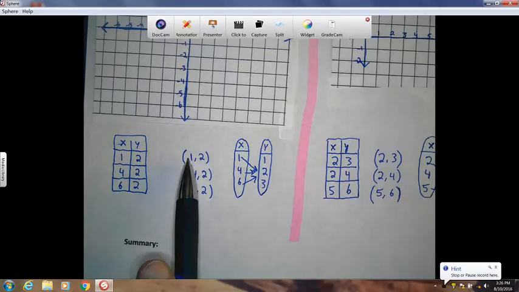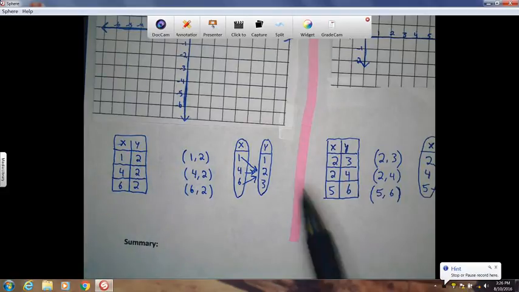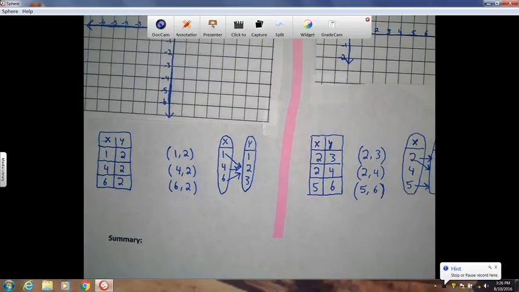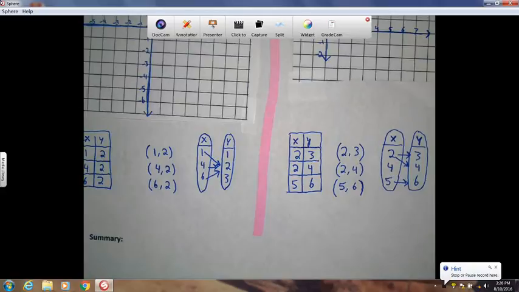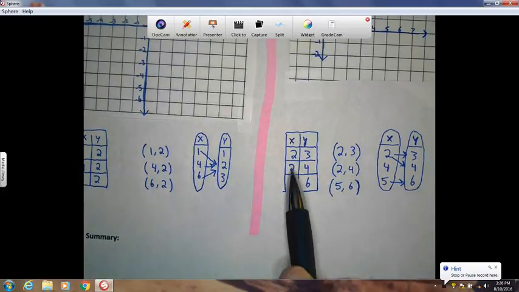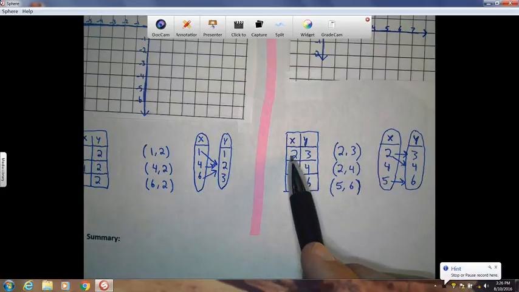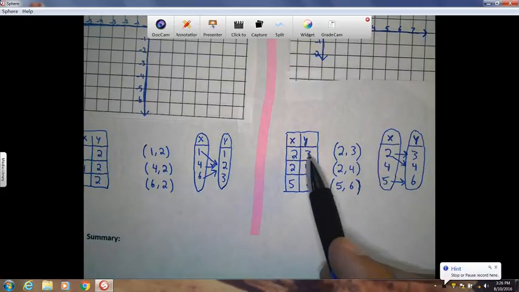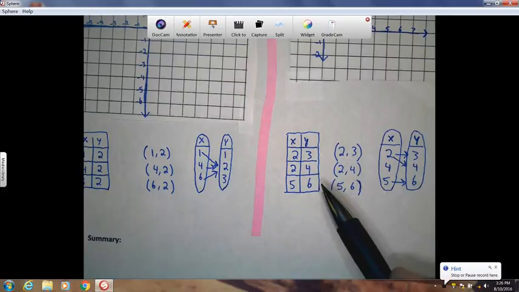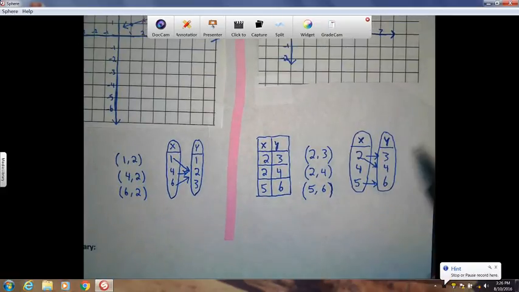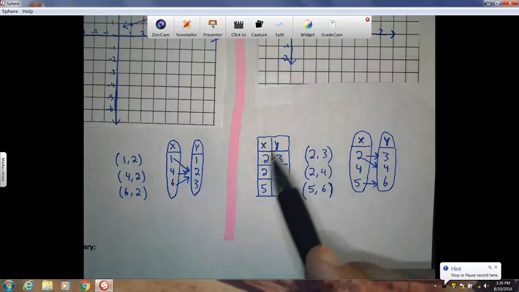Same thing here, 1, 2, 4, 2. Each input, 1 output. But if you have an input that has 2 different outputs, it's not a function. Like in this case, 2, 3, and 2, 4. My input is 2, but I have different outputs, 3 and 4. So for instance here I have an input of 2, my outputs are 3 and 4. So these are not